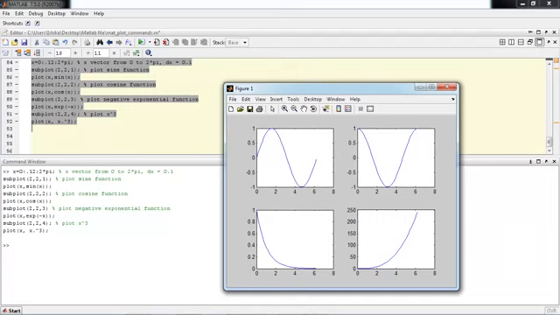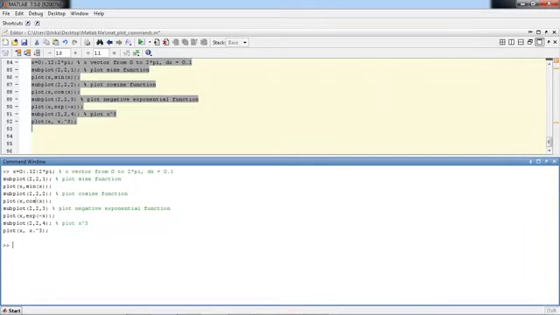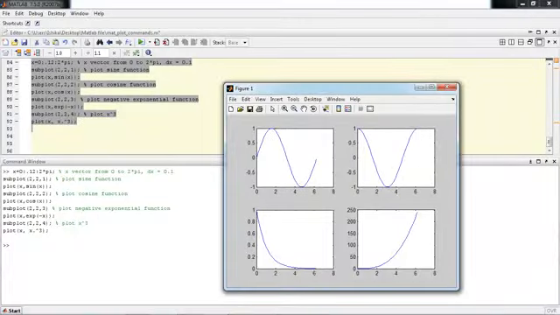Then subplot(2,2,2). In the second position we plot x, cos(x). Moving on, next one, subplot(2,2,3), that is second row, first column and third position. This is subplot(2,2,4), that is 2 rows, 2 columns and position is the fourth one. So using the subplot command we can plot different types of graph in a single figure.